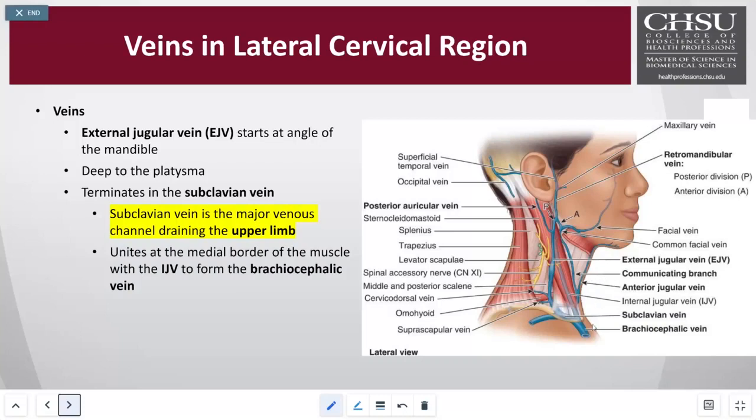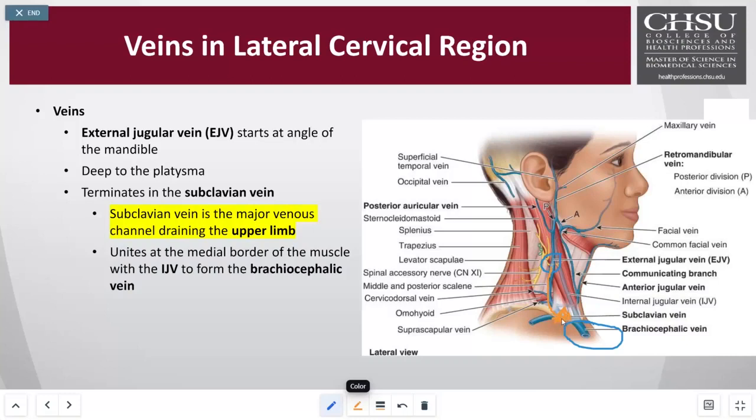So right here, it's a little hard, but if you see right here at the bottom, there's a bigger blue brachiocephalic, and the juncture is going to be right at the EJV, so the EJV comes down. Right, so let me use another color. I'm using blue again. I don't want to use red because it's going to overlap. So right here, if you follow the orange, there's a juncture right here, so the EJV connects into the brachiocephalic,